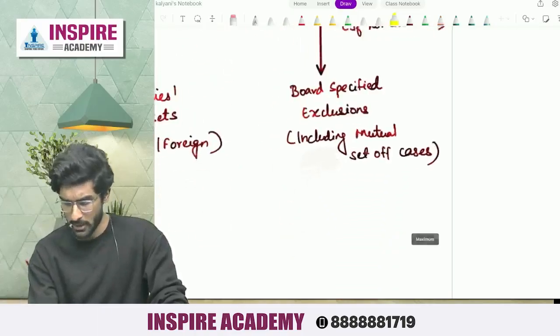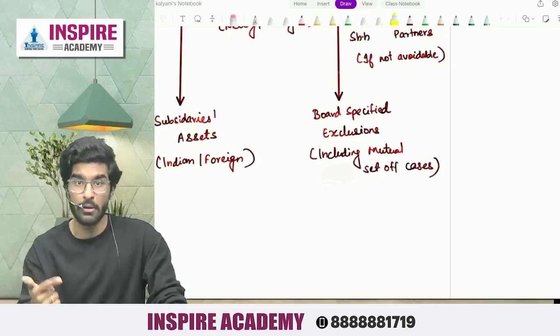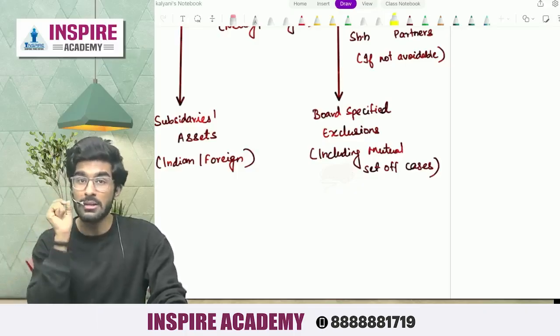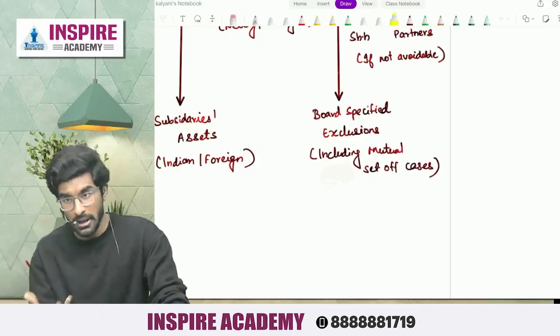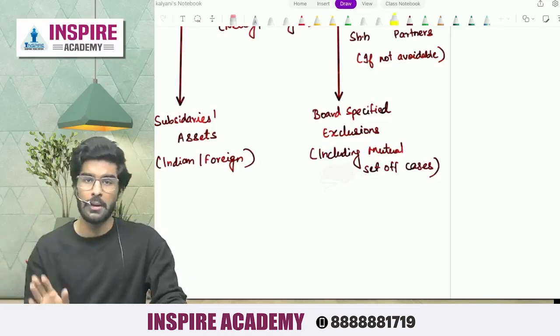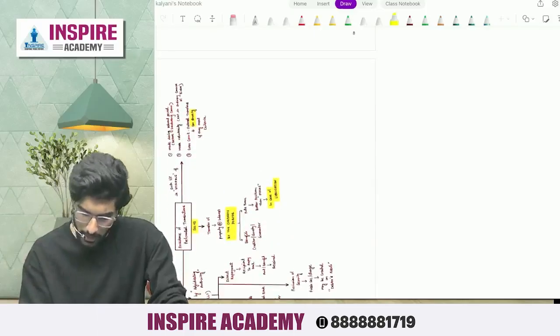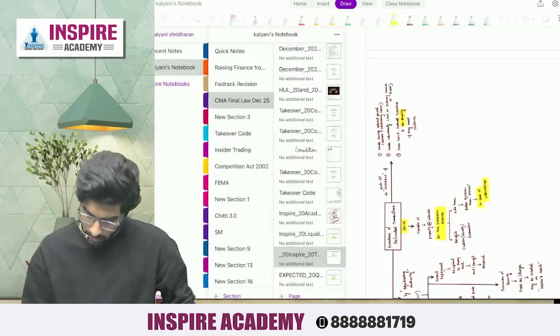And last, people, board specified exclusion. Which board? Is it the Board of Directors? No, it is the Insolvency and Bankruptcy Board of India. If it thinks that certain assets shall not be included, they can be excluded. Oh, that's it, people. Now let's come to